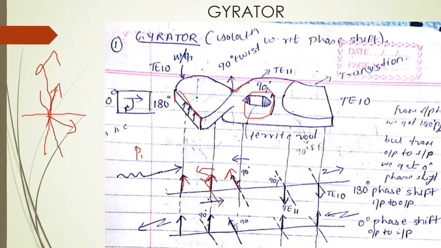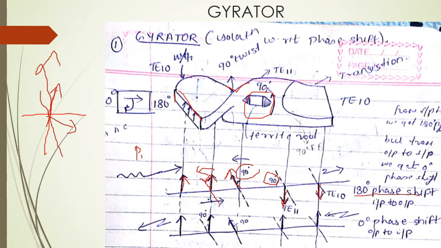Yes. Then the signal passes through this. What is this? This is a ferrite rod, whose function is again to give a 90 degrees anti-clockwise twist. So the signal which was in this direction will again go down plus 90 and reach over here. So in total, 90 here, one more 90 here, total becomes 180. So the signal by the end, when it comes over port 2, already has a 180 degrees phase shift. Can you all observe this? So a signal propagating from P1 to P2 has a 180 degrees phase shift.